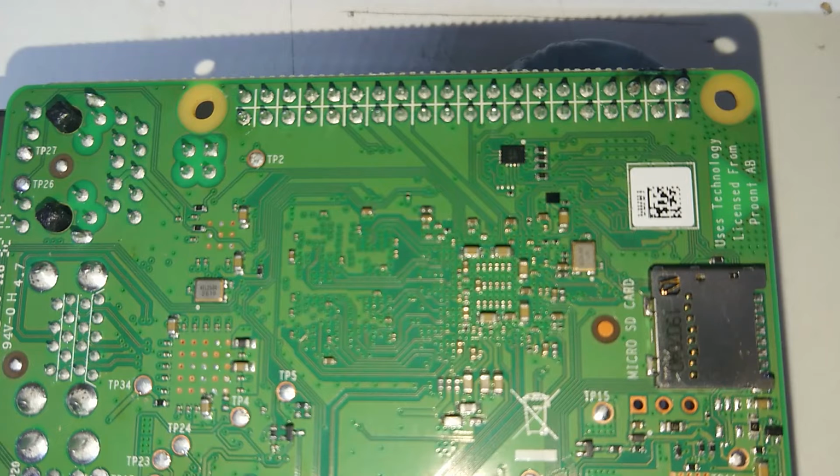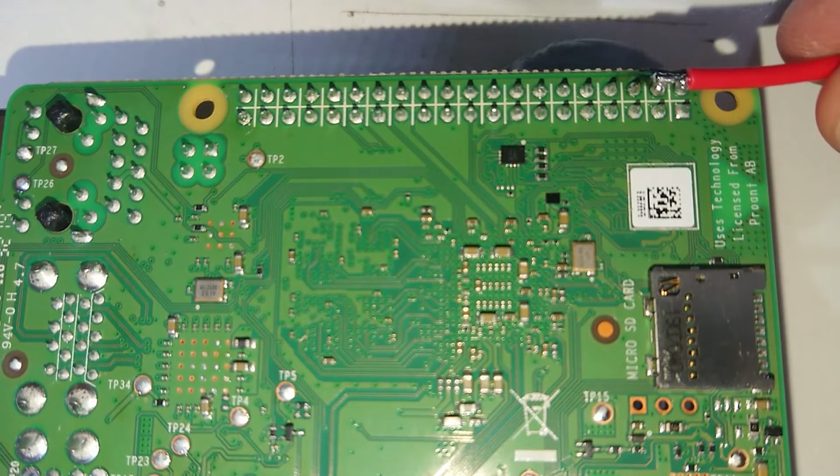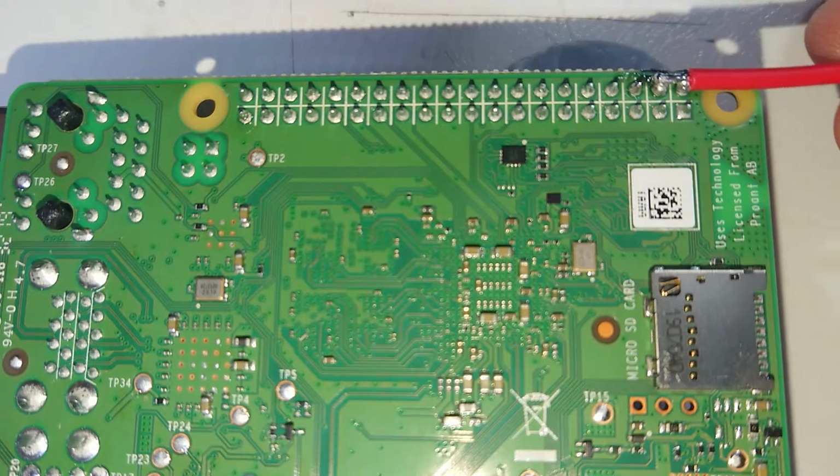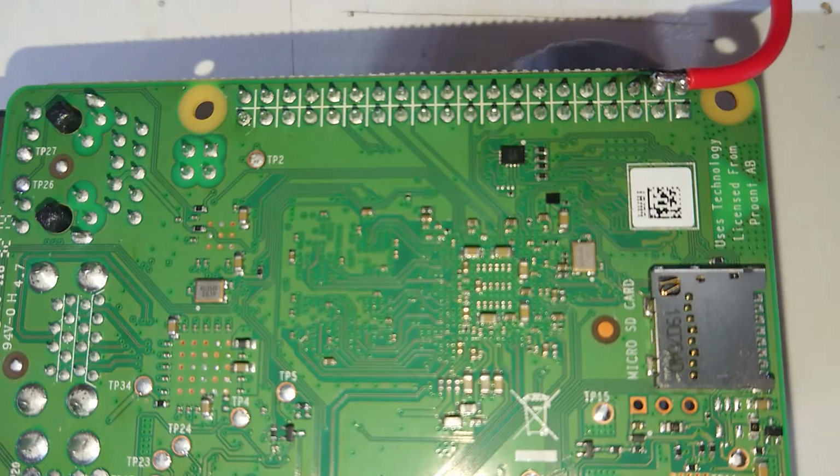Now we're going to take our hot wire, which I have also tinned and prepared, and I'm going to bridge straight across these two to give it a little bit more anchorage, and because they're both 5-volt pins anyway. And I can hear people cringing right now that I'm soldering direct to a Raspberry Pi board, but